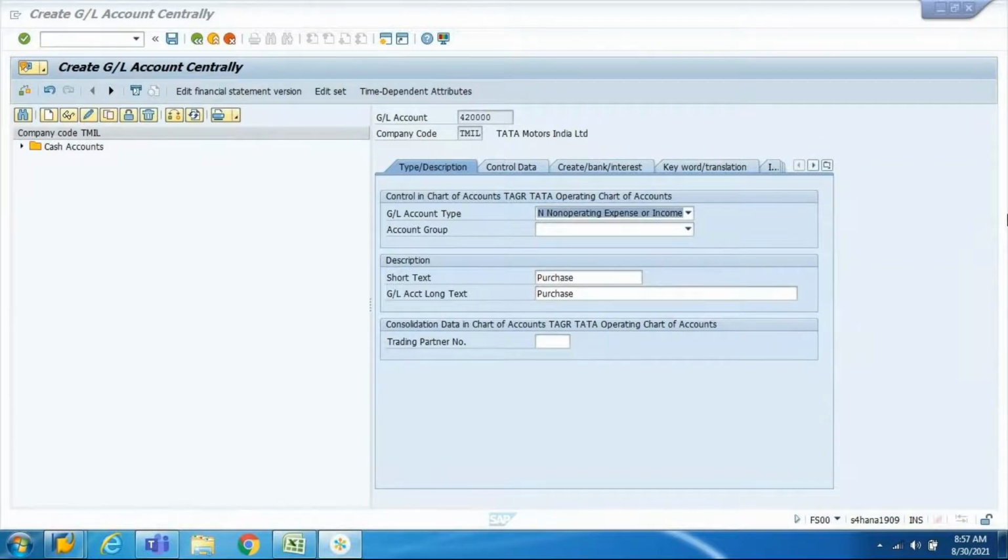Can we also book the expenses for an asset? For a fixed asset, can we book the expense? Yes. So even for a fixed asset, you can book the expense. Typically or most commonly, you will book all the expenses for an asset when the asset is a WIP asset or AUC asset.